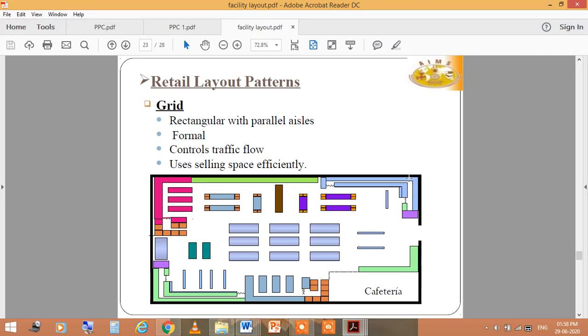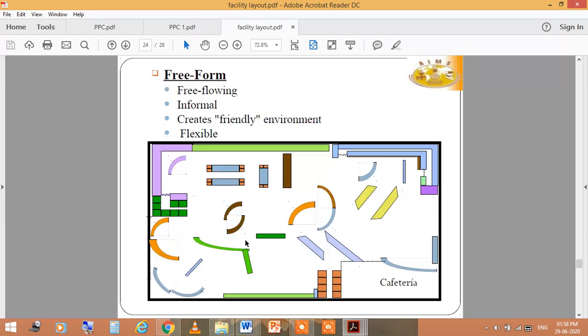In layout planning, the retail layout is in this grid form. It is rectangular with parallel aisles, formally controls traffic flow, and uses selling space efficiently. These are the things in the layout of retail, so you have to show it in this grid form.